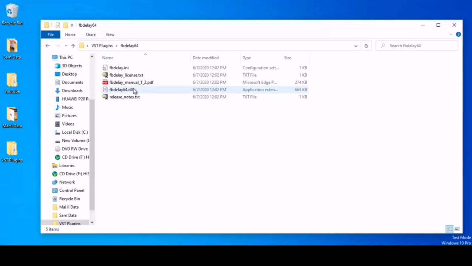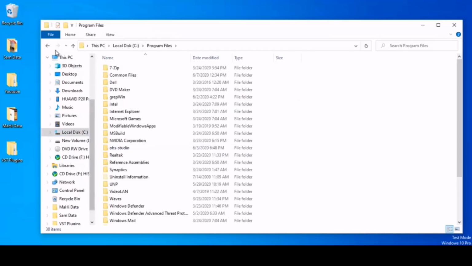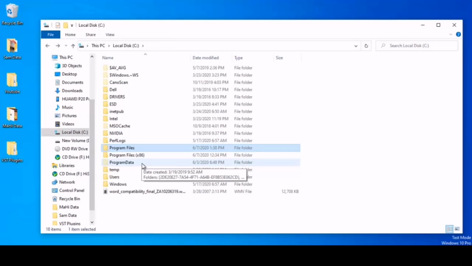Okay, first I will install this plugin. I will copy this from here, Control C, and we have to go to our disk C, and go to program files. If you are using 32-bit Windows, then you have to choose program files x86.